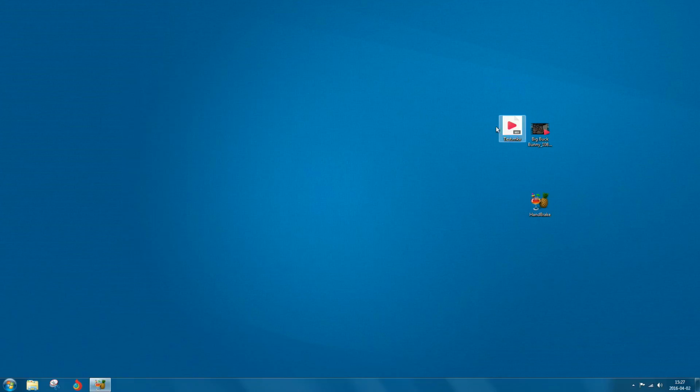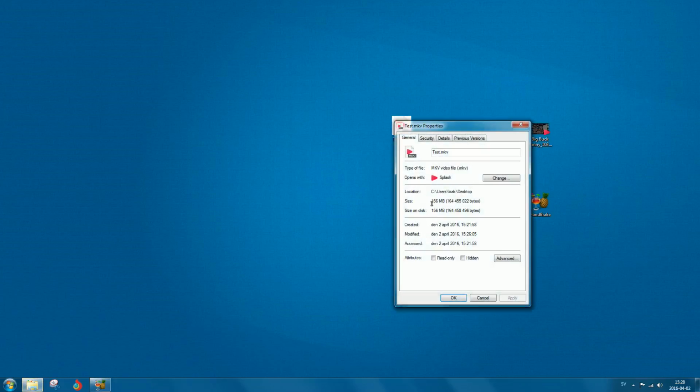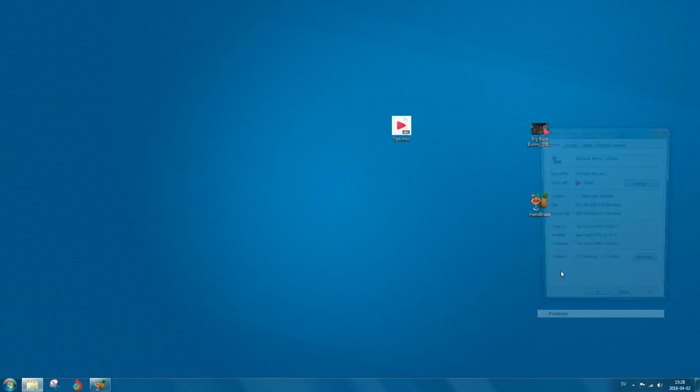But honestly, when you upload a video to YouTube, it's either way going to be a bit destroyed because YouTube has their own defaults and presets, and it's gonna crapify the video a little bit. But seriously, 156 megabytes compared to what was it, 885 megabytes. This is going to be super quick to upload to YouTube or whatever place you want to upload it to,